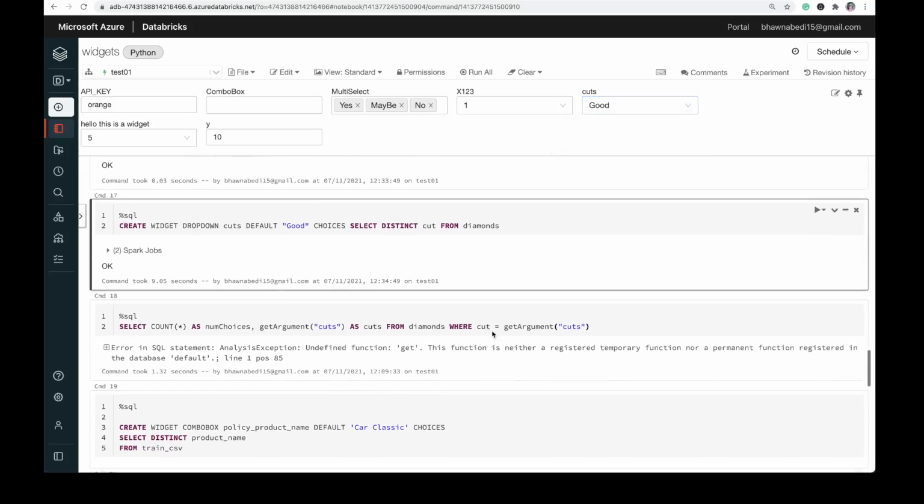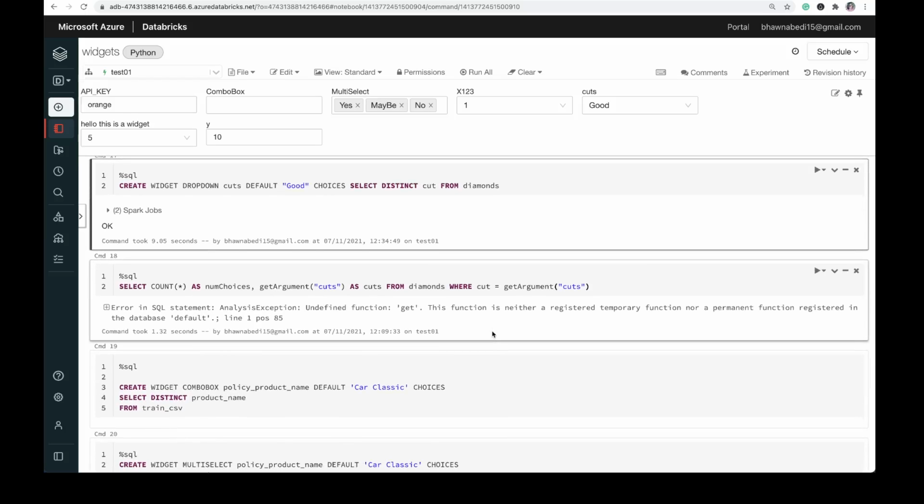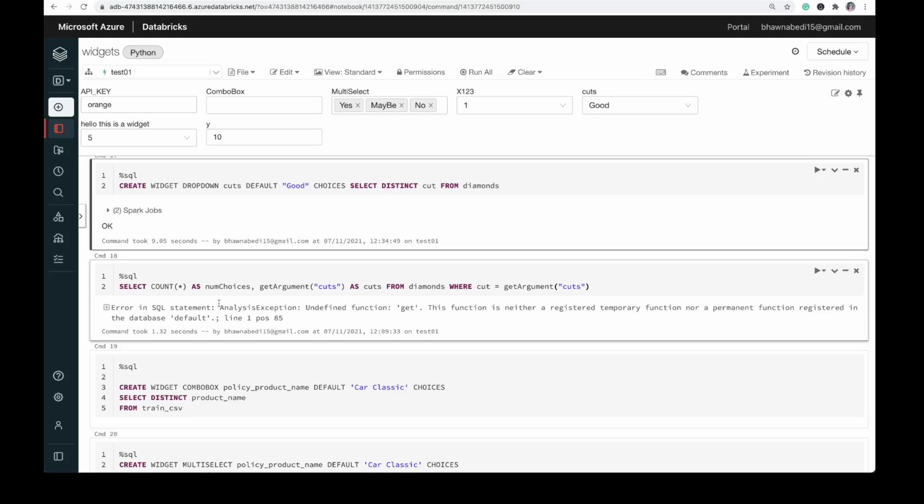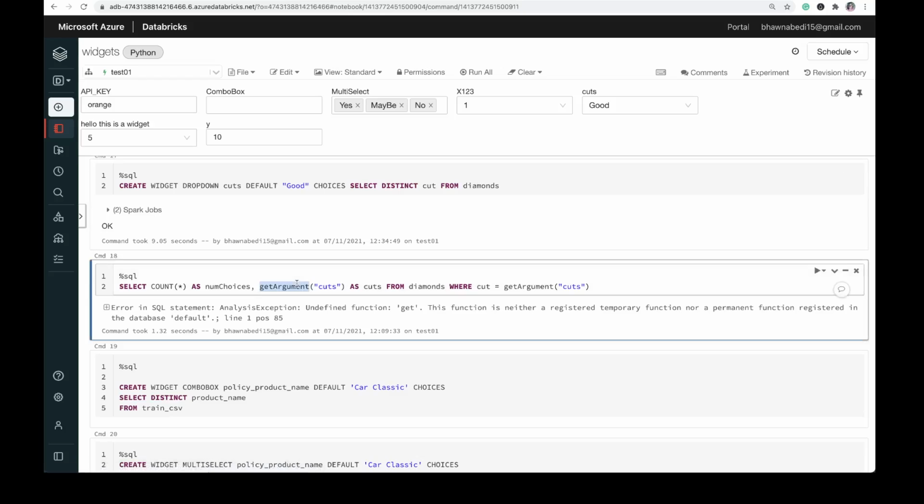And similarly, let's say you want to use that particular dropdown widget. In that case, I have command 18 for you. In this I'm using a simple statement: select count star as number of choices, where cut equals getargument cut. Here I am using getargument to get the value.